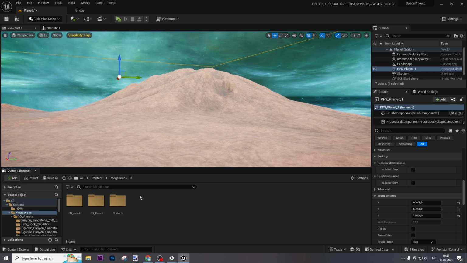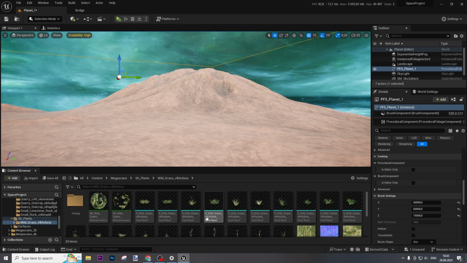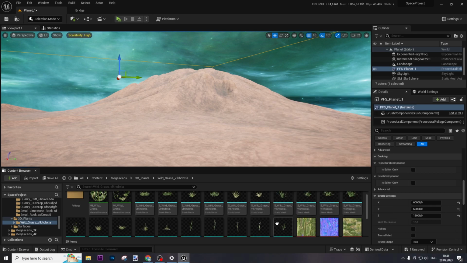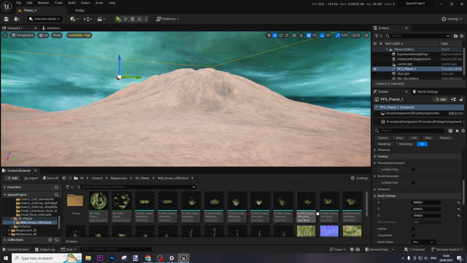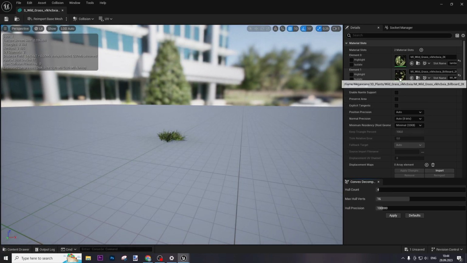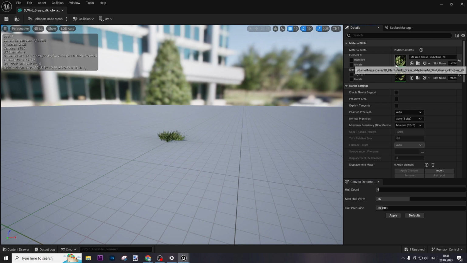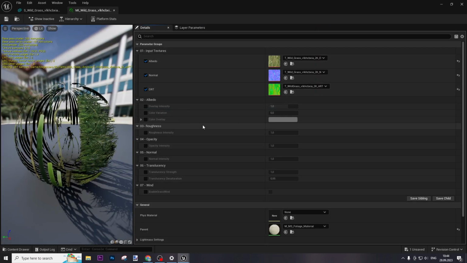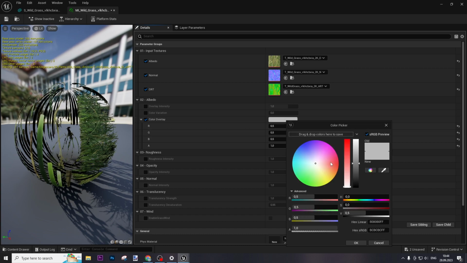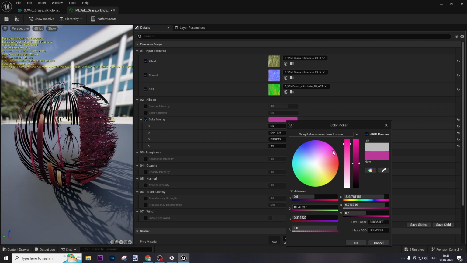First of all, we need to go to our 3D plants. And here I'm going to change the color of the material. So for this one I'm going to click on grass, for example this one, and here you can find elements like wild grass. What if I try to change this one? Is it pink? Yeah. Okay, you can see I can change color. Let's make our grass